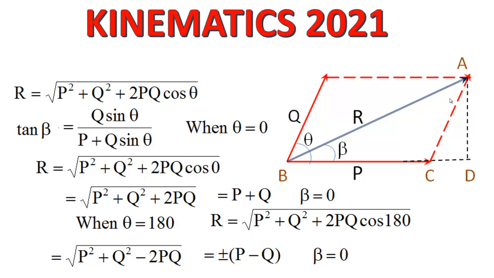So this is the way we have to use vectors. When you have only two vectors and the angle is given, you can use this formula. But when you have more than two, we have to use the previous resolution. But for two also you can use that resolution. It is not that for two you have to use this formula. You can do anything. I hope you have understood the basics of the vectors.